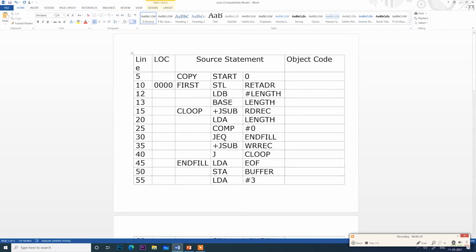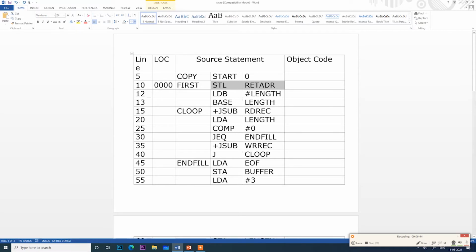Next, you have to see this instruction. Here we have 4 types of instruction. First instruction will be an opcode alone. Here you have an opcode as well as a label, an address: STL RETADR. So this is not format 1. This is not format 2 also; format 2 will contain a register associated with it, and here no register is associated.